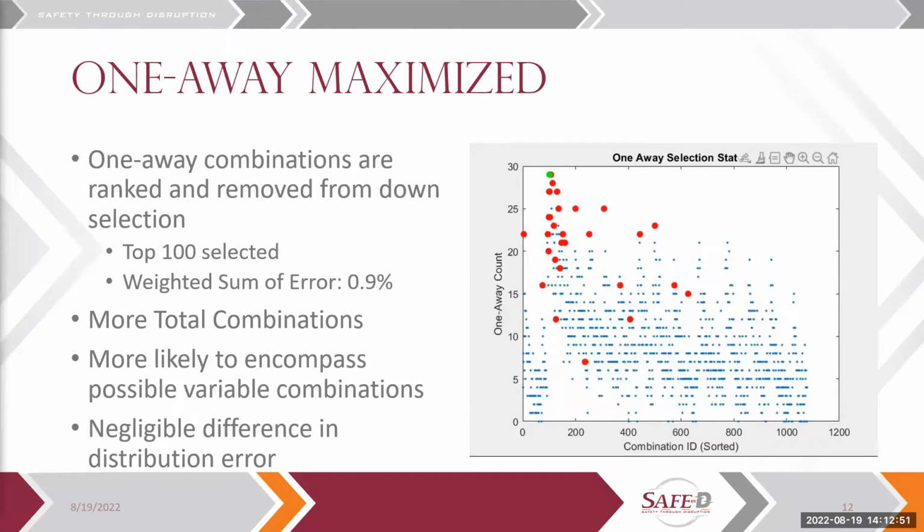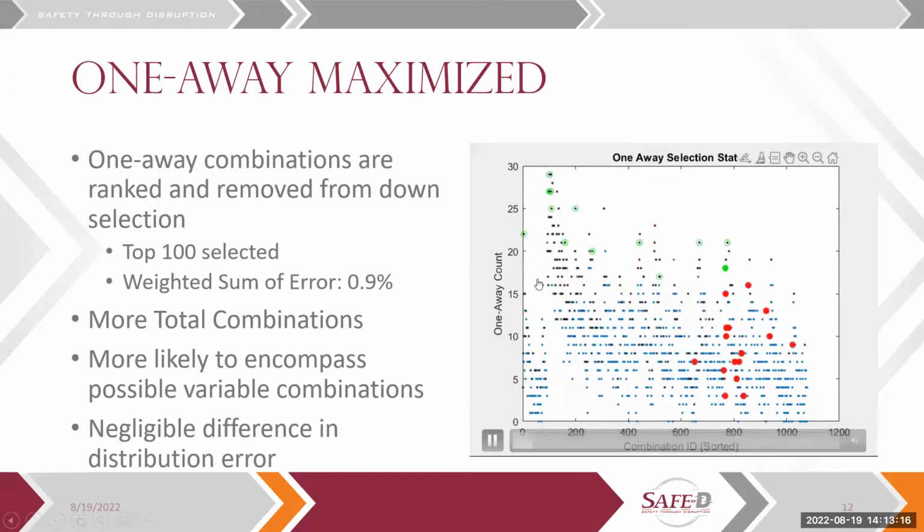So you can see this one event here has maybe 30 or so events that only has one change difference, maybe rain to no rain, but all the others are the same. So we developed a little algorithm to go through and select the most prominent of those one-way combinations, and then